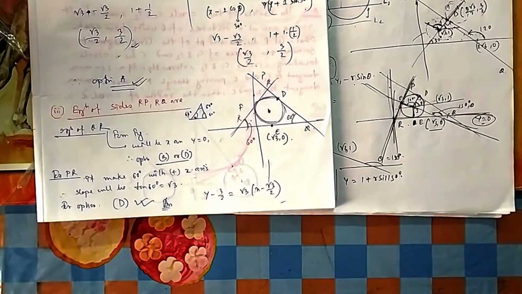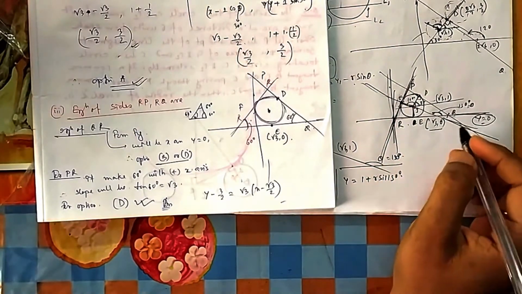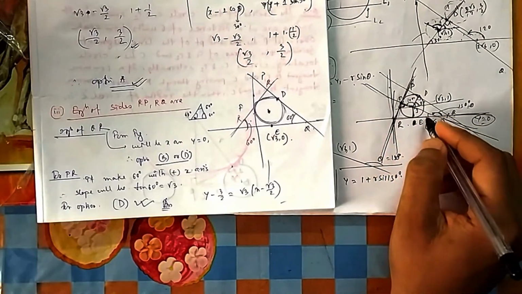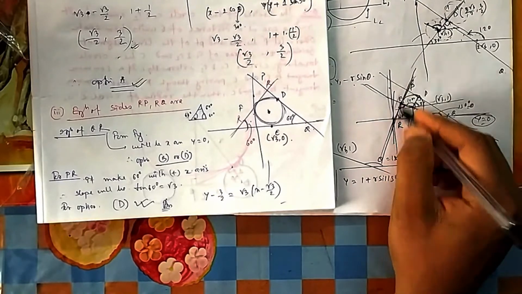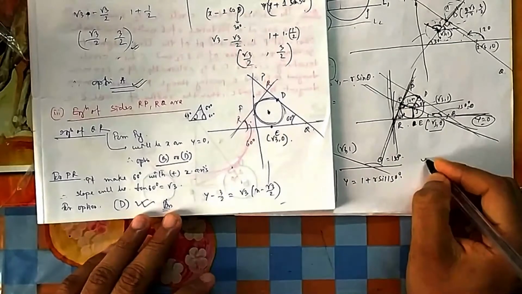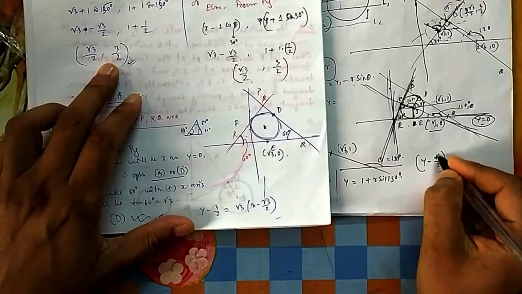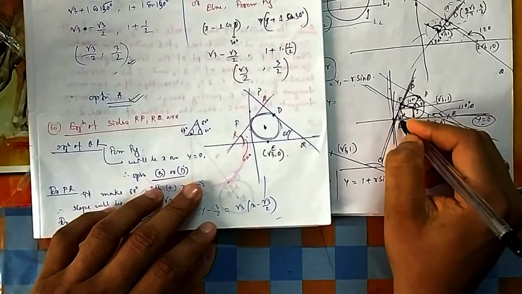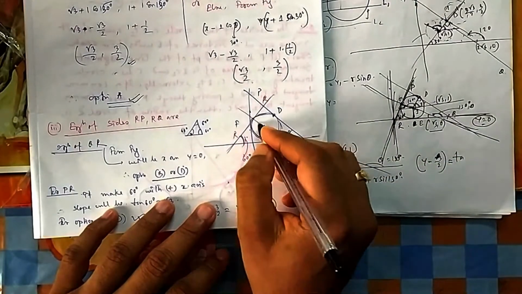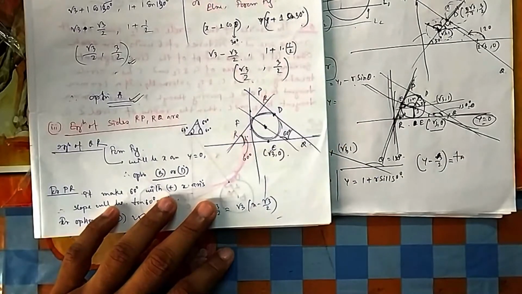Now to calculate this other line, you can find it easily. How can you find it? This is 150, this is 30, and this angle is 90 because it is touching here. So this is 30 means this is 60. So you know the slope, you know the point, so you can use the slope-point formula. y minus y1, y1 was 3 by 2, is equal to m. m is tan 60, because this angle is 60. Why is it 60? Because this line has 150 degree. Or you can use that it is equilateral, 60, 60, 60. That concept also you can use.